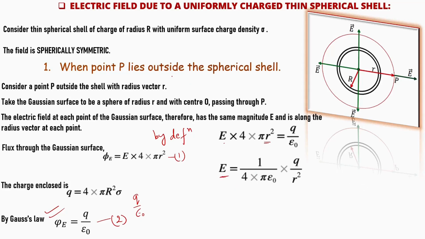So mind it, whenever the point P lies outside the spherical shell, the shell behaves as if the charge is concentrated at the center of the shell. So it is behaving as a point charge. The electric field intensity at any point outside the shell behaves as if the charge is concentrated at a single point. Vectorially, E vector is equal to Q upon 4 pi epsilon naught r square, unit vector r, where the unit vector r is always pointing radially outward. So this will be our final expression.